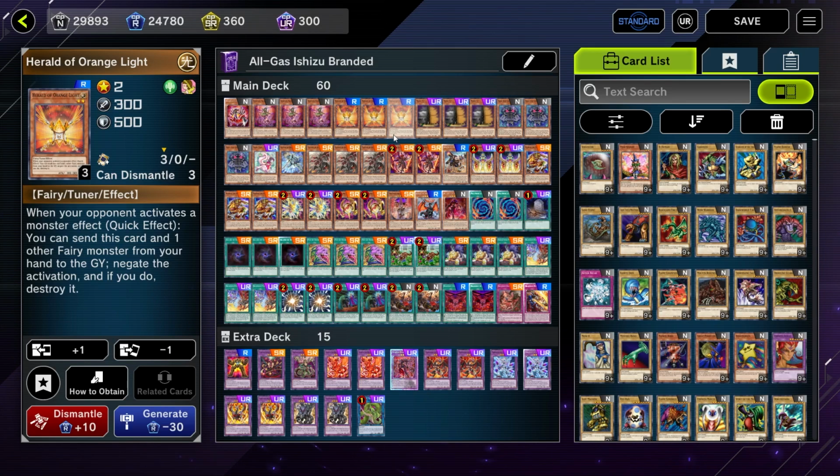It really is the Ishizus, and in that regard, a lot of people say on ban lists you should hit the problem cards and not the cards that end up aiding the problem cards, and you could make that argument with Herald of Orange Light, but I honestly don't know. I just feel like there's going to be another good fairy deck, and then all of a sudden Orange Herald's going to be a huge problem again. Because the thing is too, right, Gamma might be more generic, but at the very least it